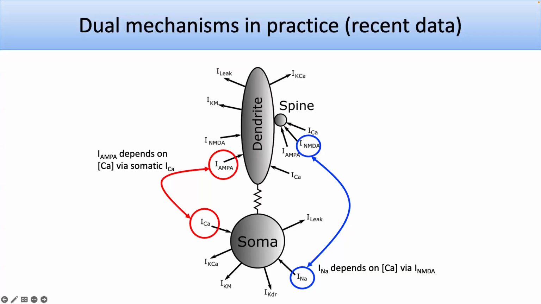here I_AMPA, these are the synaptic conductances, the connection strengths. They depend on calcium entry into the cell body through particular calcium channels in the cell body. You can show this by blocking channels or chelating calcium in the soma. Whereas the intrinsic excitability, which shifts the firing rate curve, depends on calcium entry through NMDA receptors, which are also like AMPA receptors involved in the connections. So now things look even more weird from the outside.